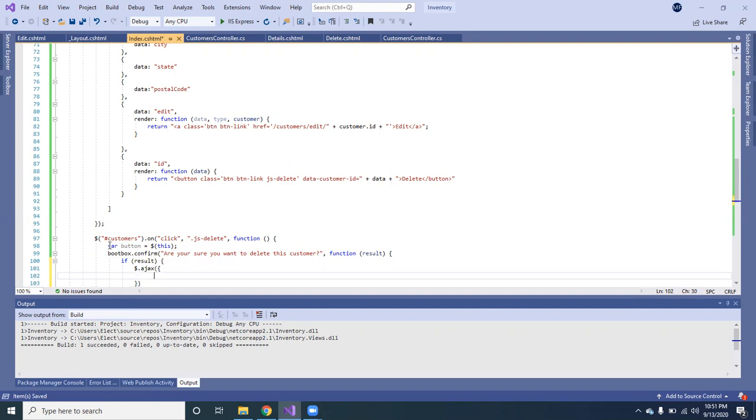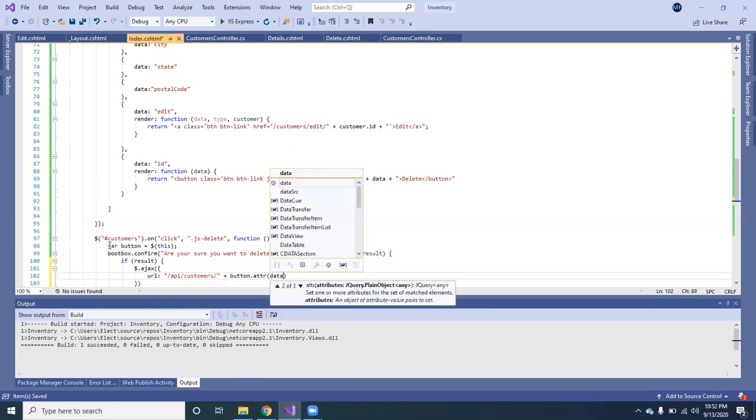We're going to do URL, again /api/customers plus the button attribute right there, just like the attribute. And we're going to pass the data